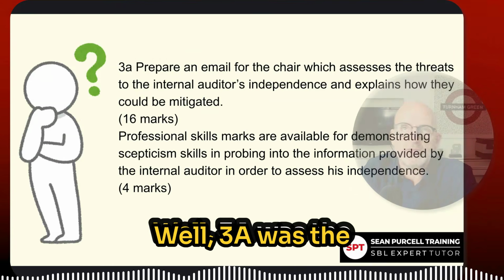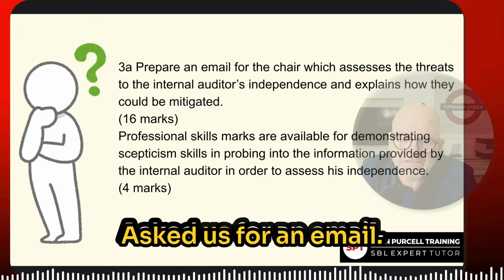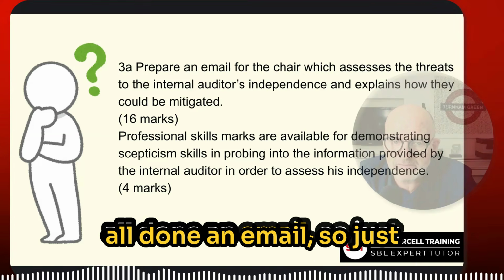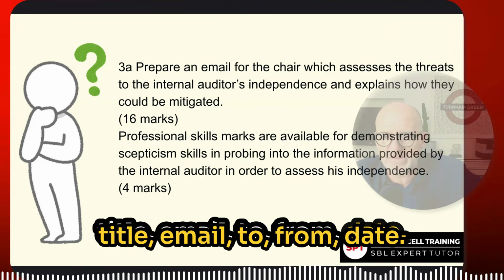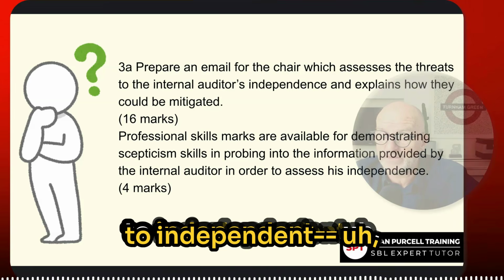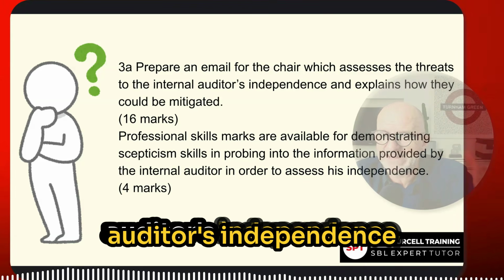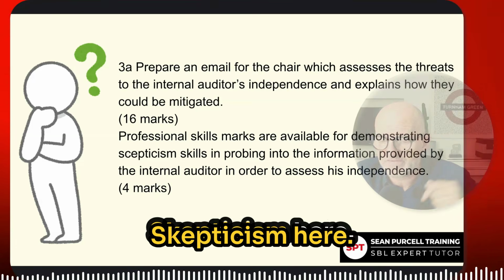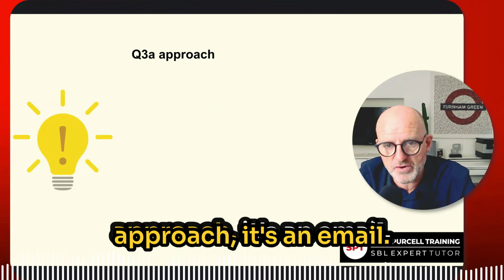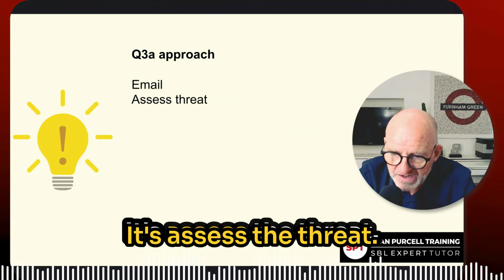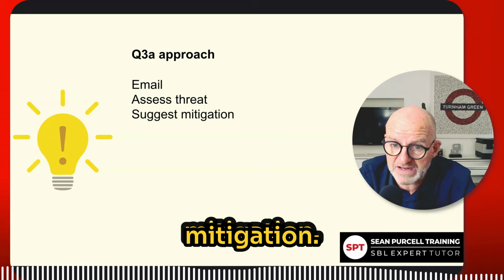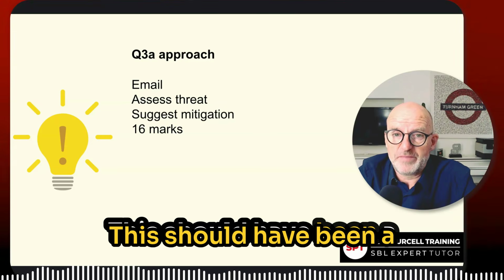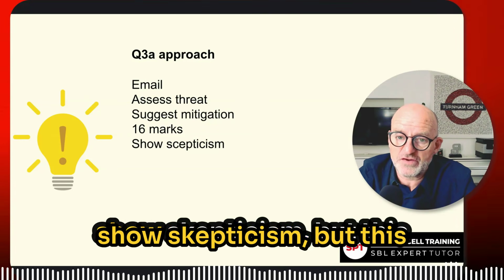What about 3A? Well, 3A was the last question, and it asked us for an email. What does an email look like? Well, I'm sure you have all done an email. So just title: email, to, from, date. Assess the threats to the internal auditor's independence and explain how they are mitigated. Skepticism here. So just to summarize, the approach: it's an email, you assess the threat, you suggest mitigation, and it is 16 marks. This should have been fairly easy, and you had to show skepticism,